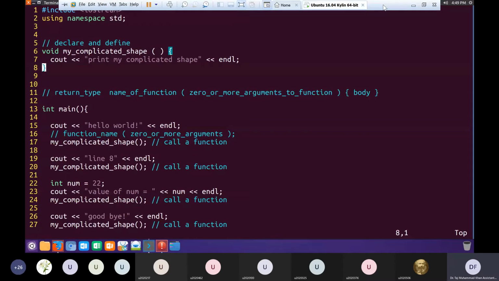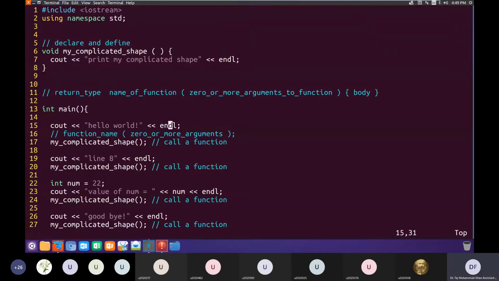And then it will continue the execution forward after line 17. The execution flow will continue on line 18. There's nothing there, so it will go to line 19, and then again there is a call to my function. Again, the call to this function makes the execution flow jump to the body of the function.